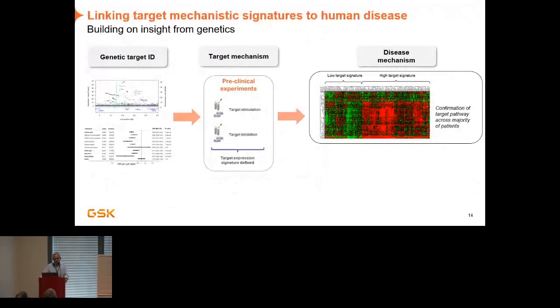One example here, I think, of the type of things we do in terms of data generation: you may identify a target with some genetics evidence. I'm skipping through all the details here. It's not what you call a causal gene, and that's not easy to find, so there's a lot of complexity in making sure you've got the right gene in terms of genetics. So we may want to do some preclinical experiments, as we call them.